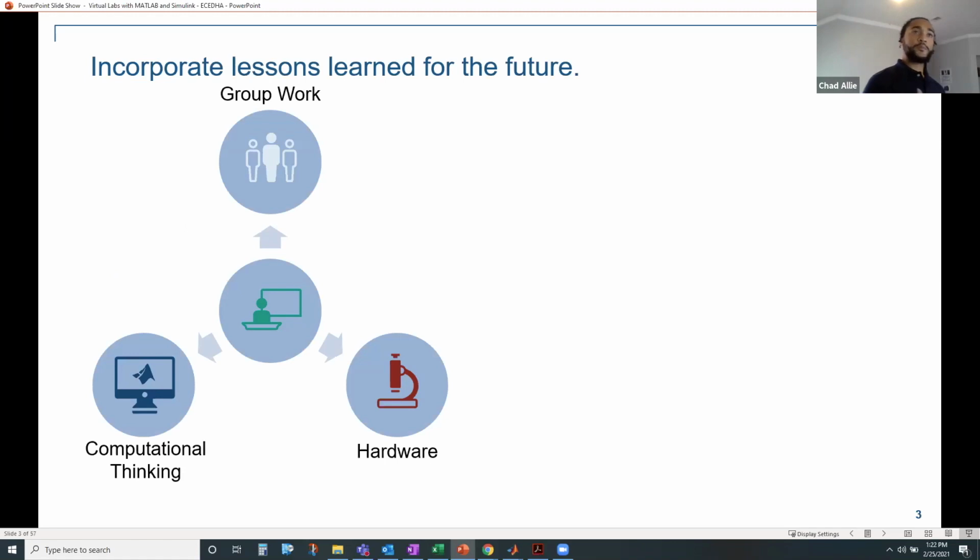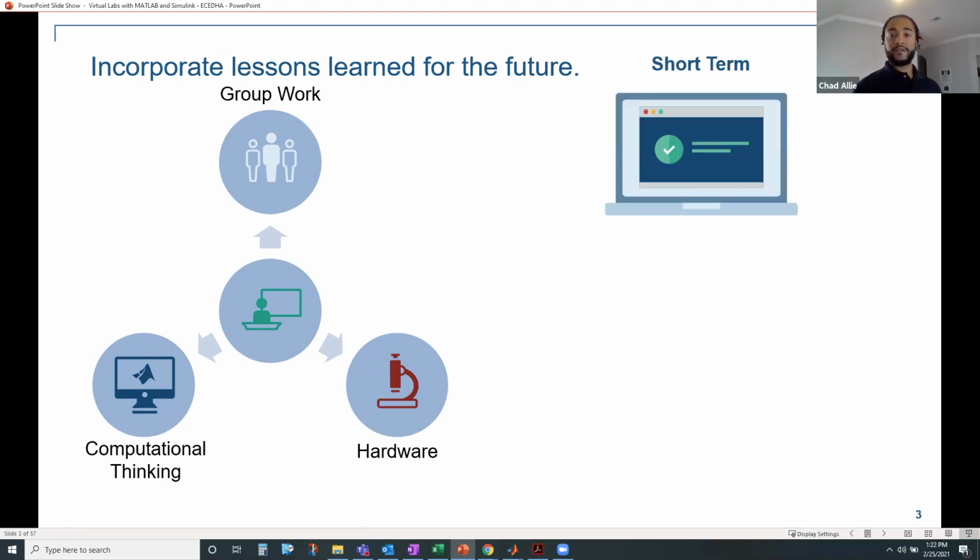So to pick up from where Doug left off, right? I think Doug hit it very well on the head, is that because of COVID, many things have had to change, right? And so Doug, like many other instructors, have had to change their current teaching model, right? From typically having students do things with group work, focusing on hardware, and even some computational thinking in the classroom, and shift that all into an online setting